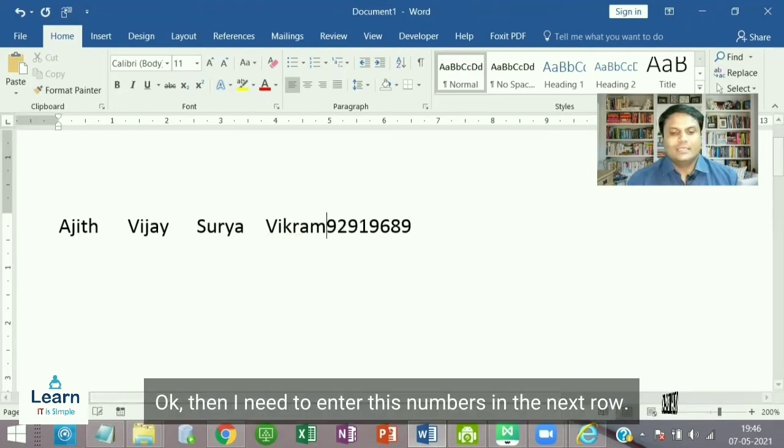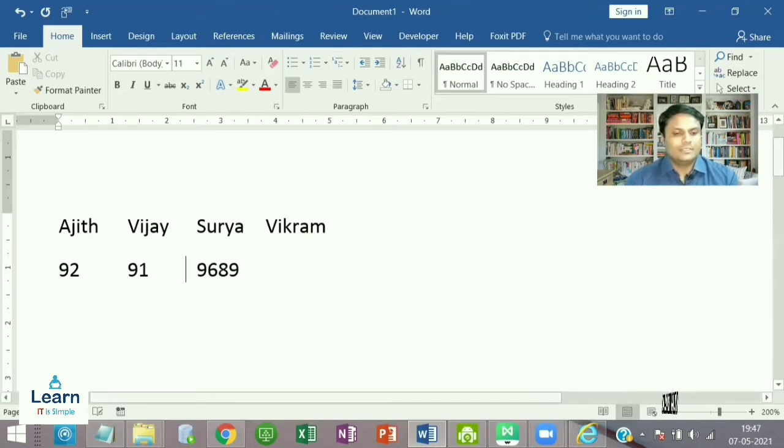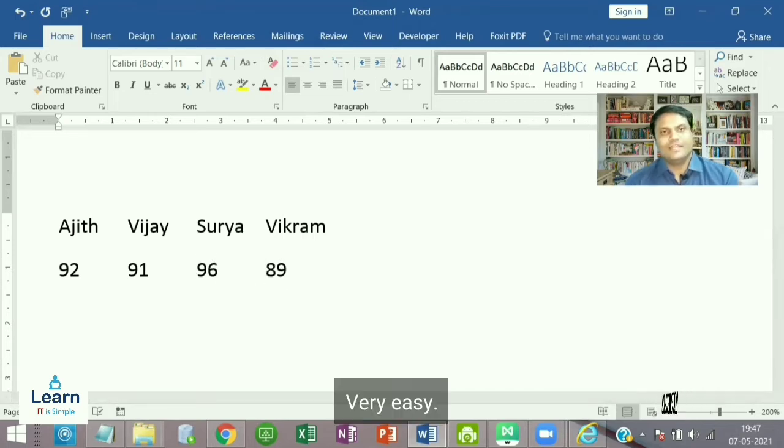Okay. Then I need to convert these numbers in the next row. So I will use enter key to separate text to different rows. Then tab, tab. It's very easy.